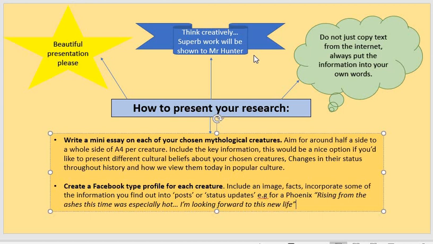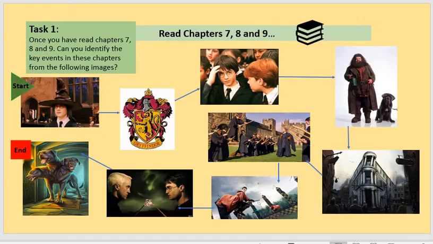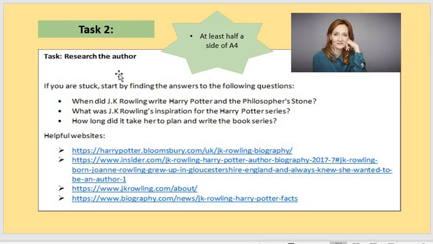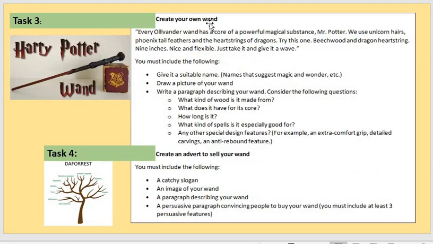So just to recap, your tasks are to, if I can find it, read chapters 7, 8 and 9, and then identify the key events in these chapters from the following images. Task 2, research the author. Task number 3, create your own wand. Task number 4, create an advert to sell that wand,